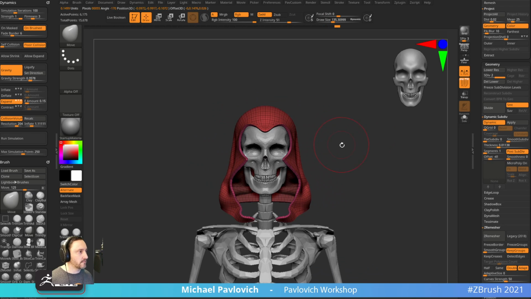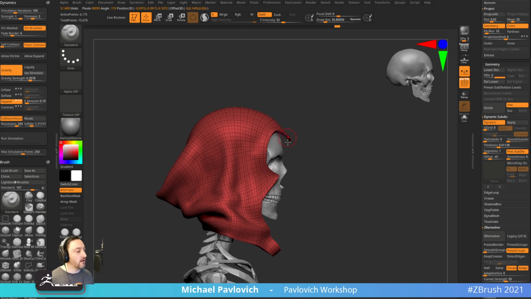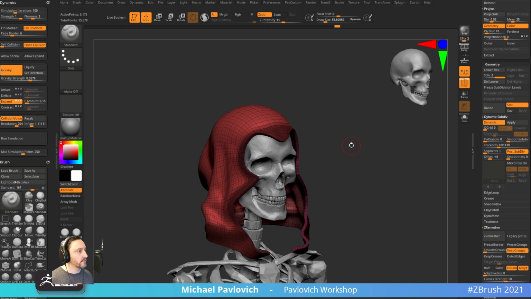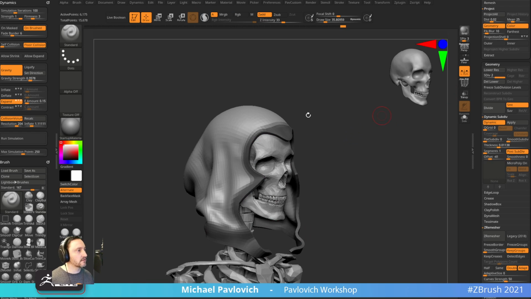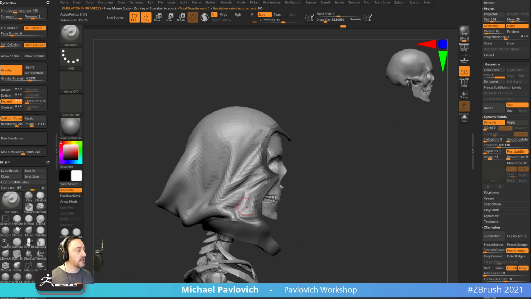So I'm going to move this up because he's going to have big muscles here. So that's basically where the hood's going to go. And then also I can say, you know what, I want this to basically stay put. And then I'm just going to simulate around this. So now we can run the simulation and, now that we have more geometry, you're going to get more